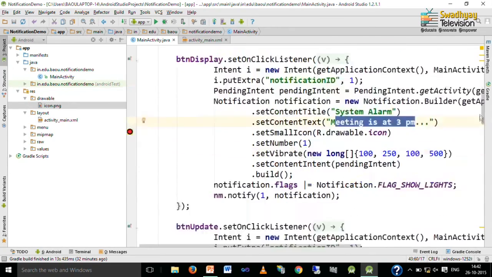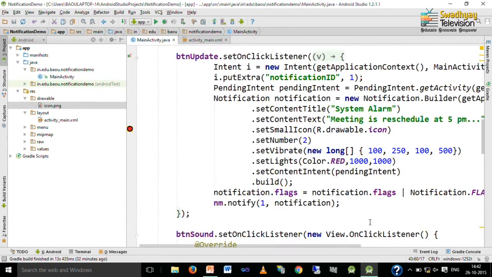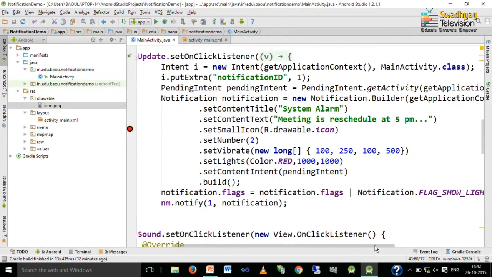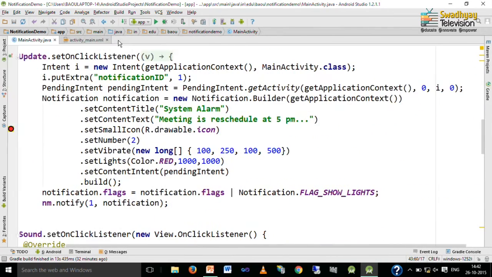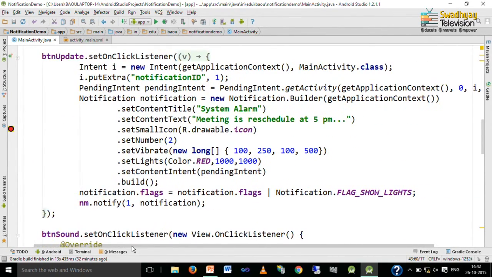You have to just do the same thing that is specified in display, but here we just update our message that the meeting is rescheduled at 5 p.m. And when you set the number to 2, which is displayed on the right hand side of the notification, for the updated notification the number is identified as a 2.